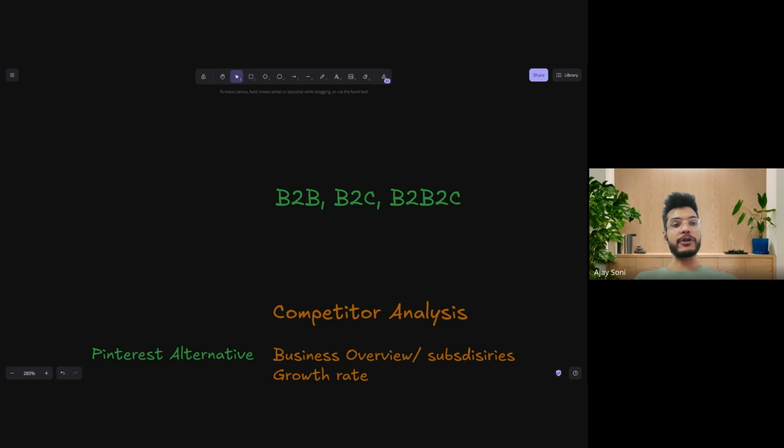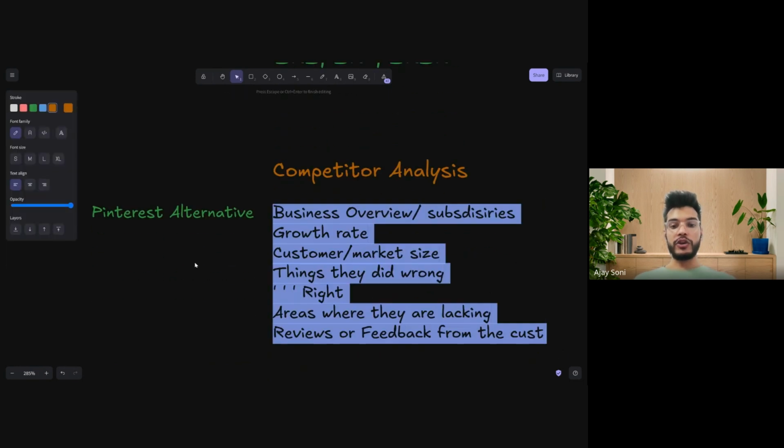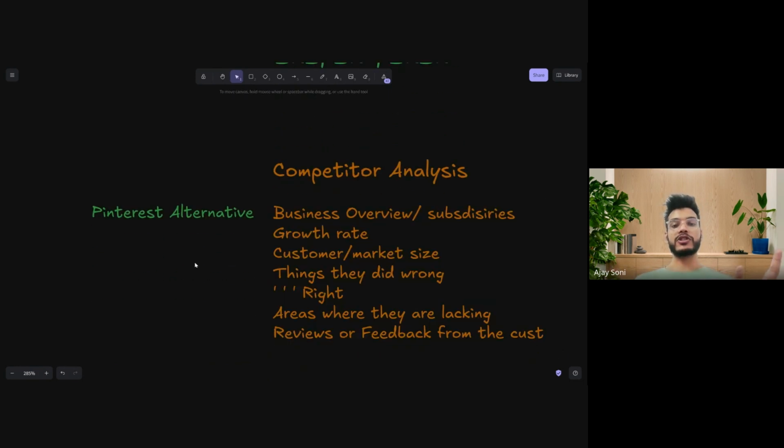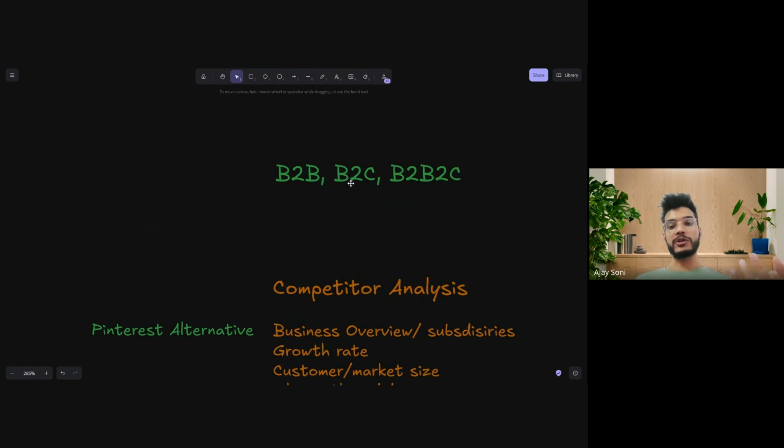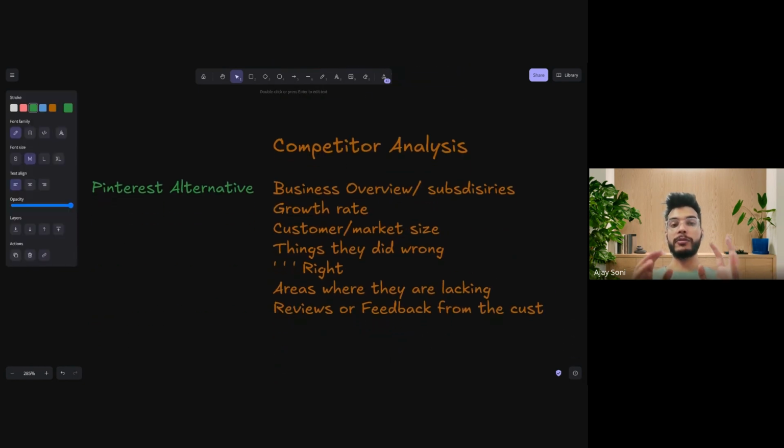For example, let's say Amazon also. Amazon has B2B also and B2C also. It's kind of the same thing, right? So B2B2C, let me say. So coming to the point here is, you first need to understand how many customers can be there. If your company is just B2C only, right? Those who are just serving direct customers only, your main user is customers. So that should be enough that you can rely on and generate enough money out of that product, right? For, let's say, the things they did wrong.